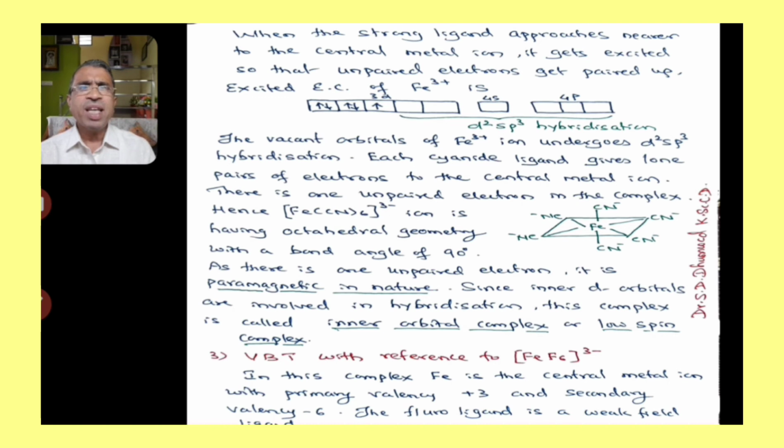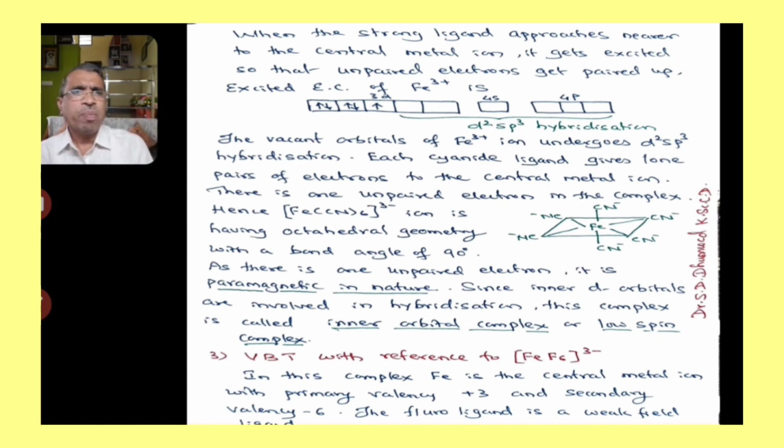There is one unpaired electron in the complex. Hence, the ferricyanide ion has octahedral geometry with a bond angle of 90 degrees. As there is one unpaired electron, it is paramagnetic in nature. Since inner d orbitals are involved in hybridization, this complex is called an inner orbital complex or low spin complex. Like this, we can give a similar explanation for another complex called